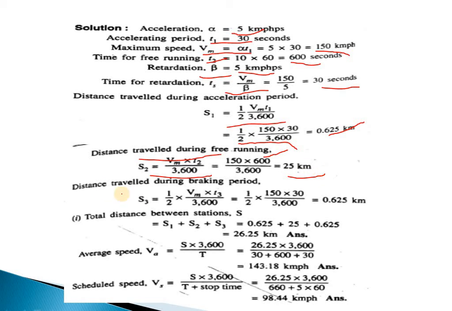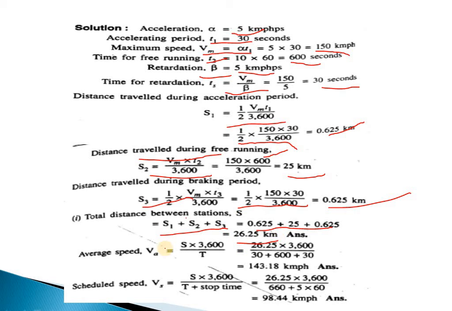The distance traveled during the braking period, S3 equals half into Vm into T3 divided by 3600, that is half into 150 into 30 divided by 3600, that is 0.65 km. Now the total distance between the stations is S1 plus S2 plus S3, that is 0.65 plus 25 plus 0.65, that is